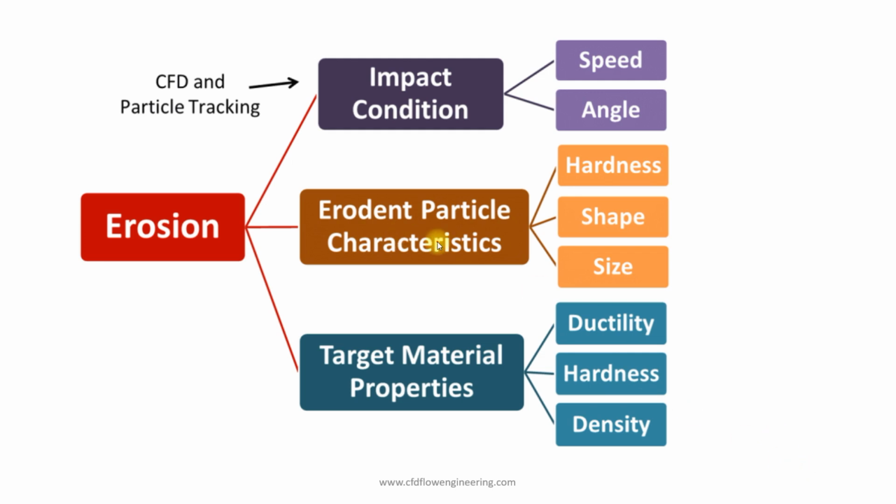During CFD modeling, we can consider the various factors in erosion rate, like impact condition, angle of impingement, and hardness, which is also accounted for in the function of erosion rate. Erosion rate is determined by the particle characteristic,